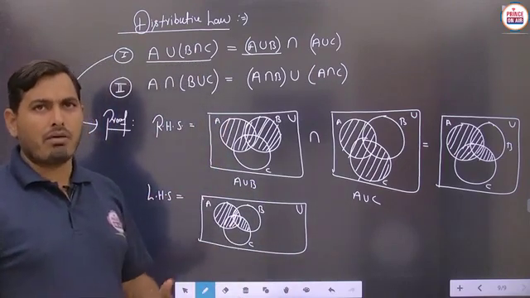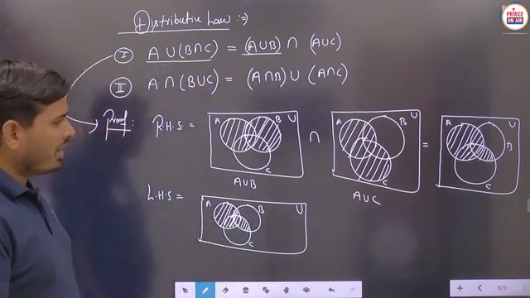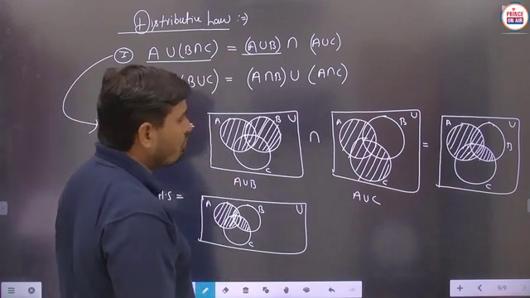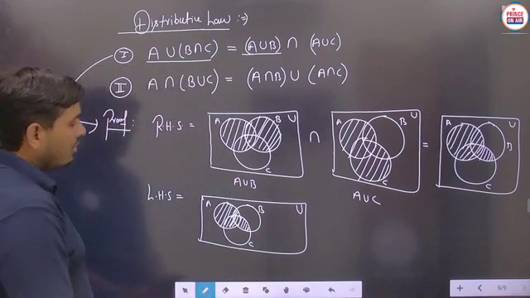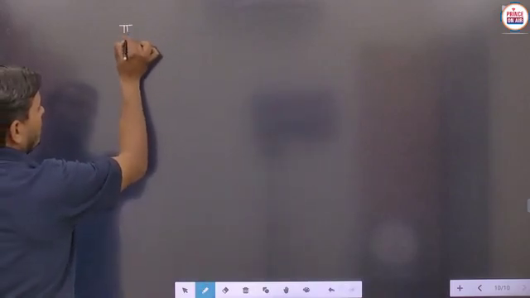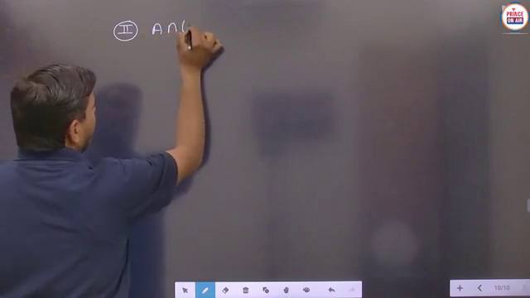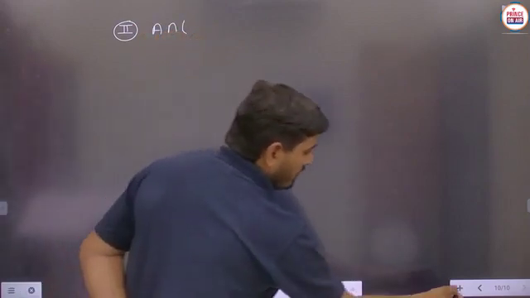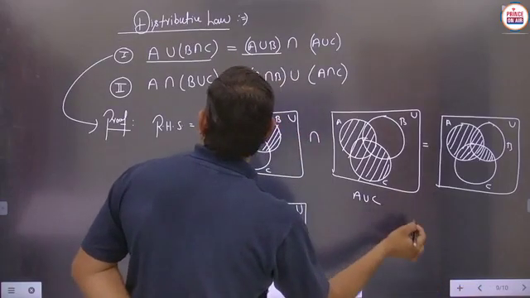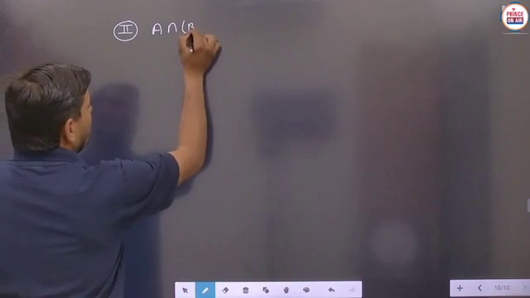So we will check this particular part with the help of Venn diagram now. Next we are taking the next part, but before that you have to pause the video to note it down. Then we will take the next case. In the distributive case, we are taking the next case where A intersection B union C. We can just take the second part, A intersection B union C.